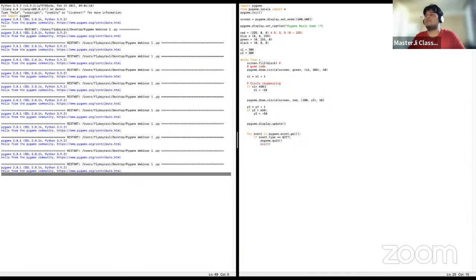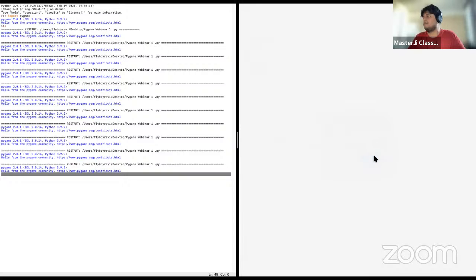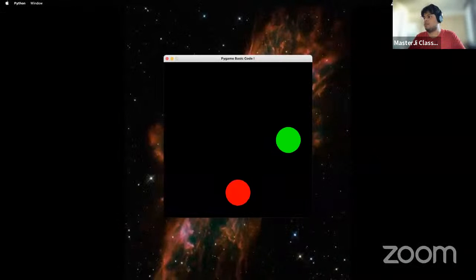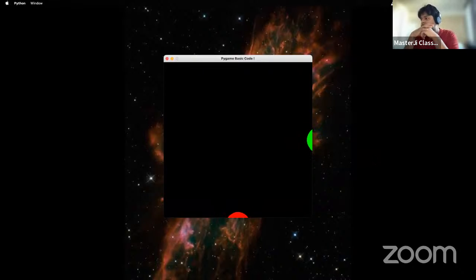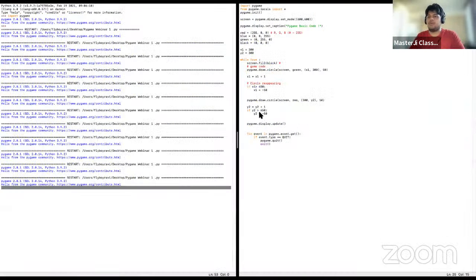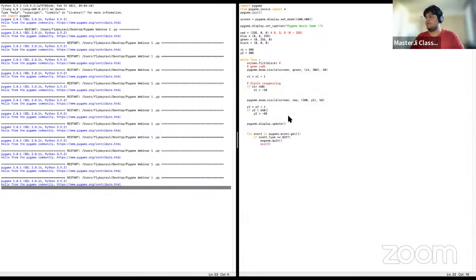Let's try to run the code and see how it goes. Oh, nice. Okay, let's see. Interesting. Okay. Perfect. Let's do one thing. Let's make two more circles which go in the opposite direction. So what I will do is copy the code from here and